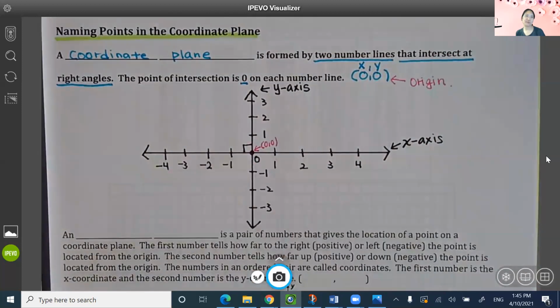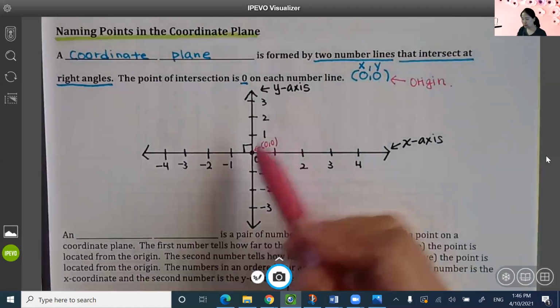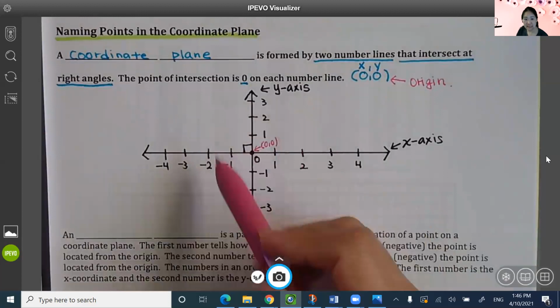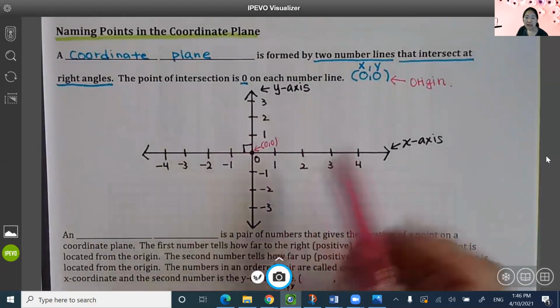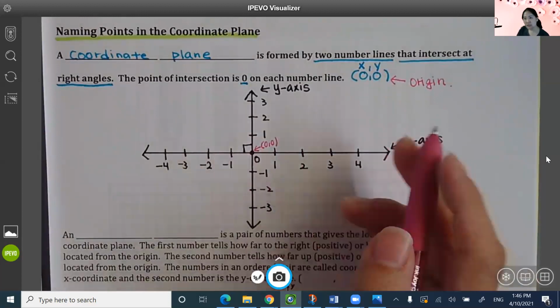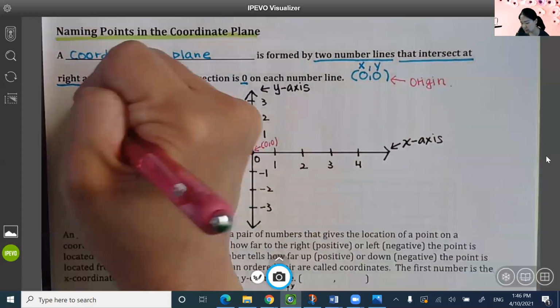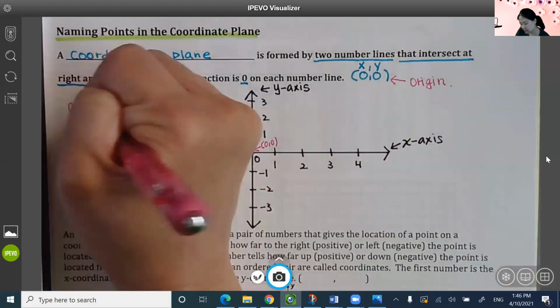All right? Okay, now, when you see the two number lines intersecting at this point, notice how it created 4 places, right? 4 sections. They have names. Those are called quadrants, okay? Those are called quadrants. Let me actually write them here. Now,